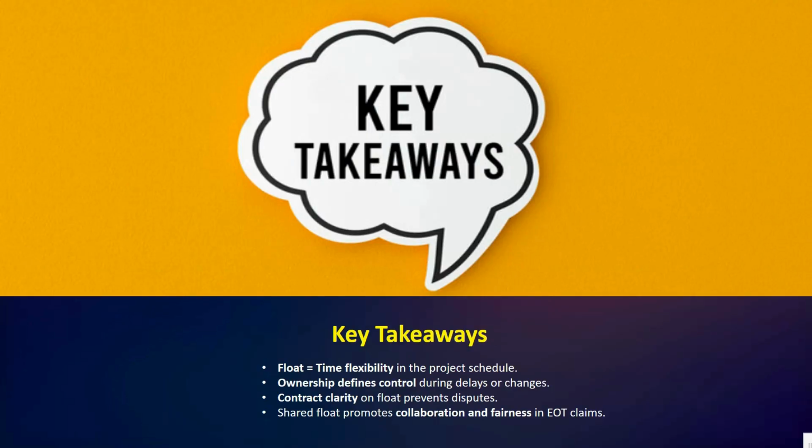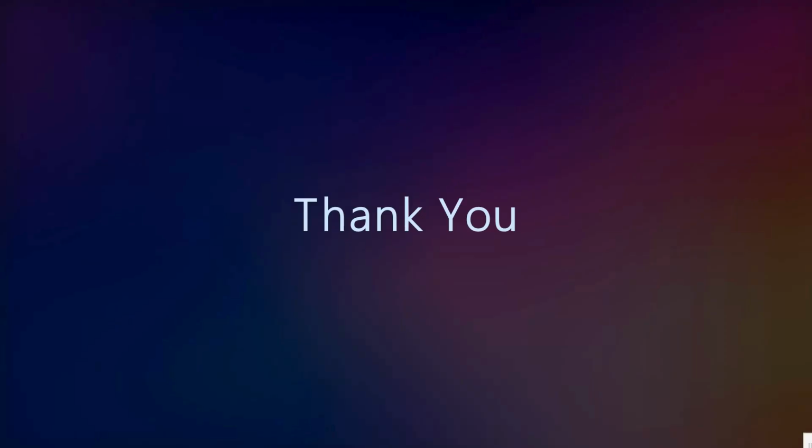Lastly, shared or project float usually supports collaboration and fairness in EOT and delay analysis. So, in conclusion, managing float responsibly ensures smooth project delivery and minimizes disputes between the contractor and the employer. I hope everything is clear related to float